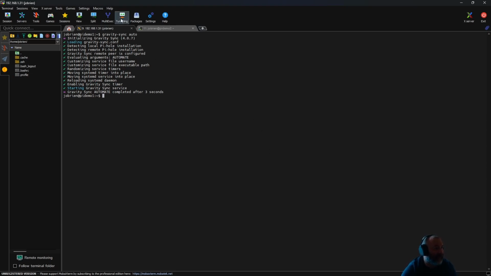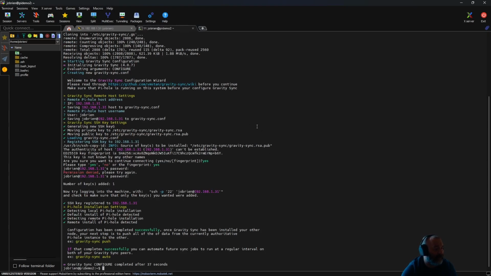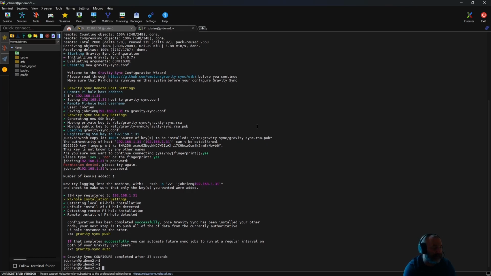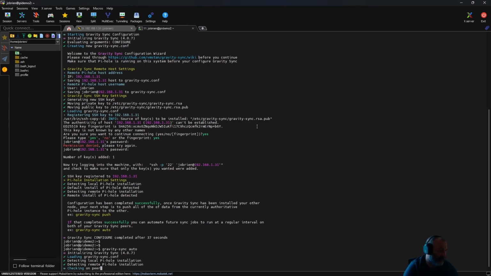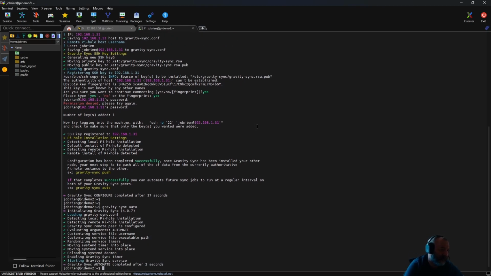It is now set up gravity sync, so it is going to automatically check for synchronization on both hosts. Now this is set it and forget it. As far as Pi-hole goes, Pi-hole's working, gravity sync's working. You make a change on 1, it's going to sync to 2. I'm pretty sure with the sync set up that way, 2 will sync to 1. It's not a pure authoritative component,